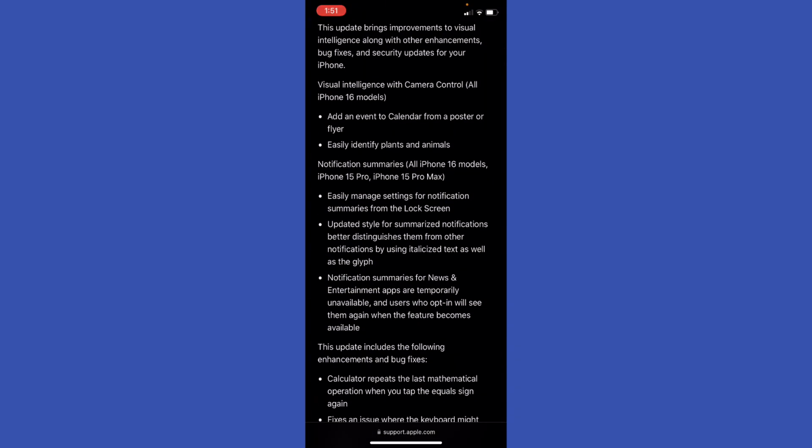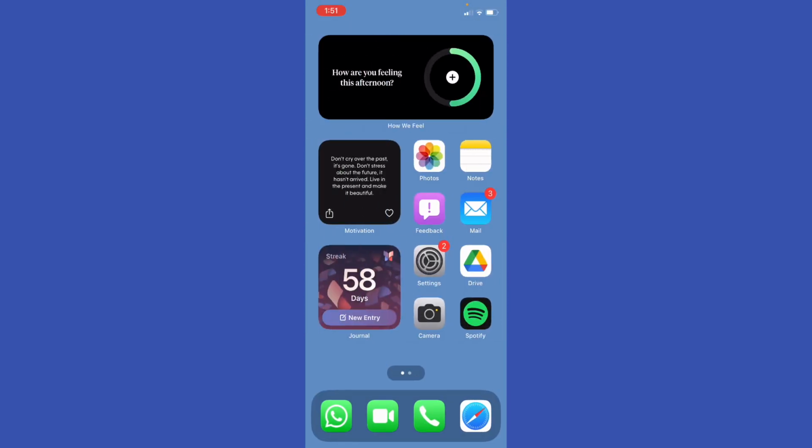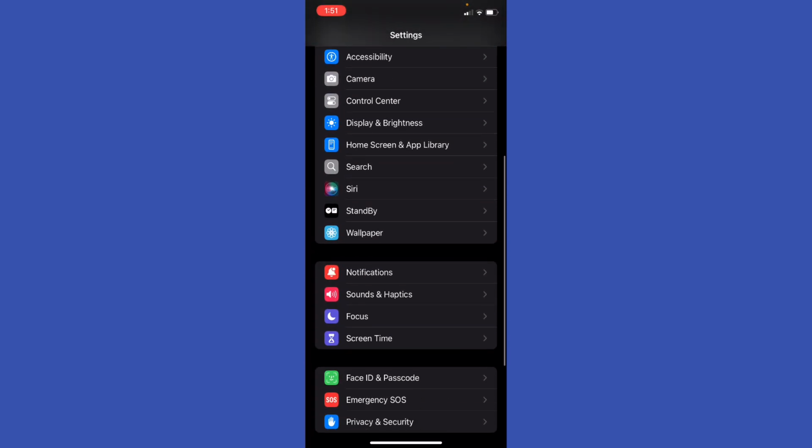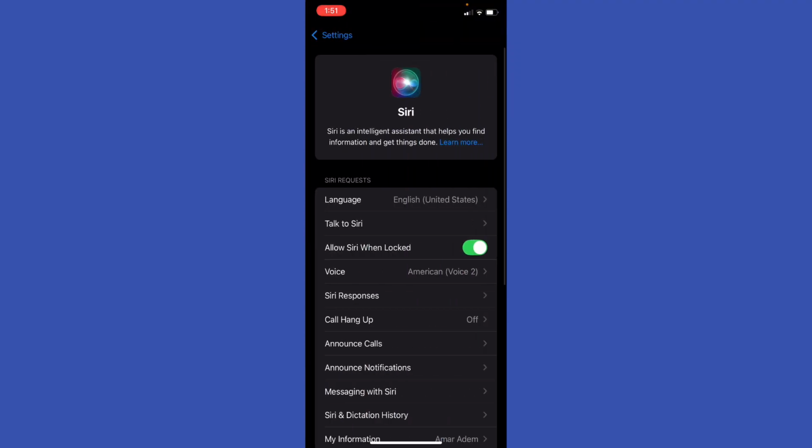To manage this, make sure to go to the settings, right? And scroll a little bit down to find Siri or Apple Intelligence instead, and then adjust or enable it or disable it. Okay. Next,